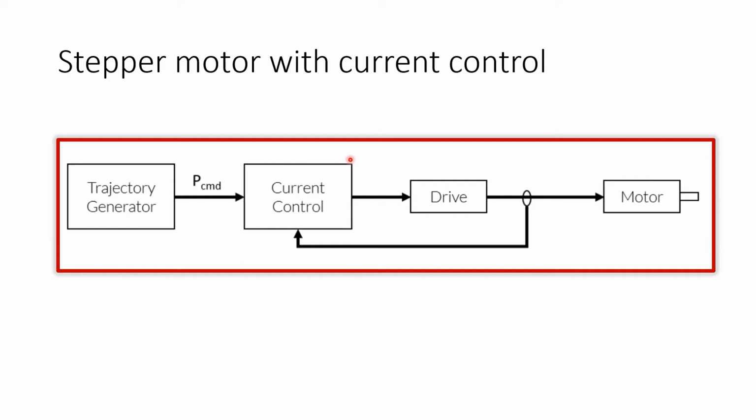The second part of the block diagram is the current control. This current control controls the current that is taken by the motor based on the load, how much load we are connecting. So it draws the current, and the current is to be limited by this current control. The current control measures the current drawn by the motor from the driver, which is fed back to the current control unit. This current control unit controls the current taken by the motor from the driver.